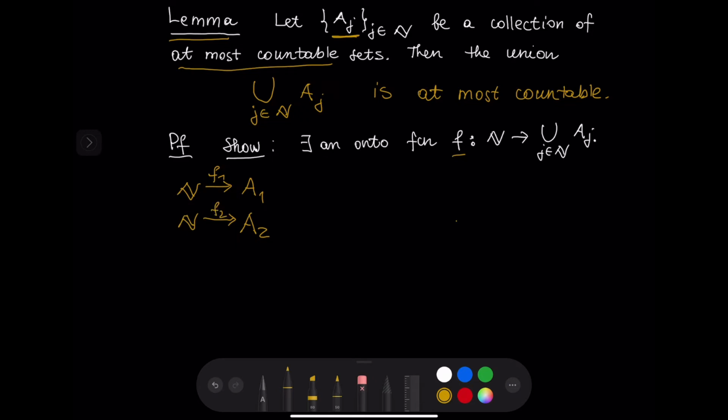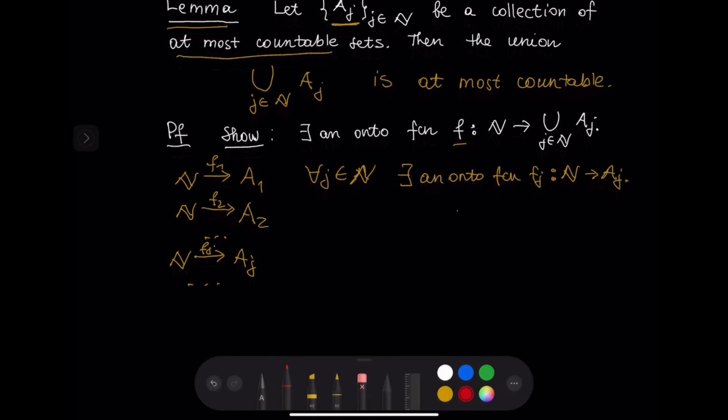So we call that function f2. And in general, every set Aj where j is a natural number is at most countable. That means that there exists an onto function fj from the set of natural numbers to Aj, and so on. So to summarize, for every j natural number, there exists an onto function fj from the set of natural numbers